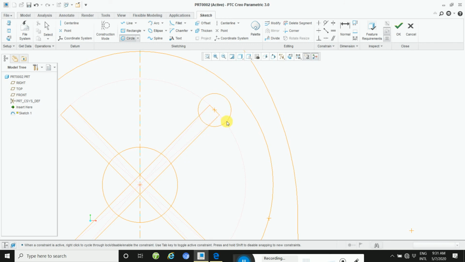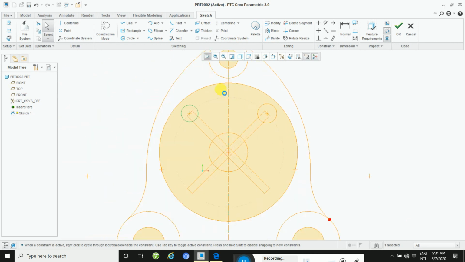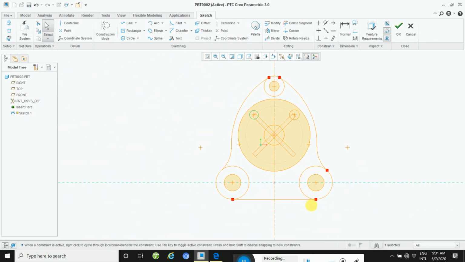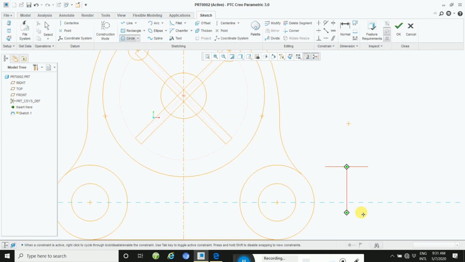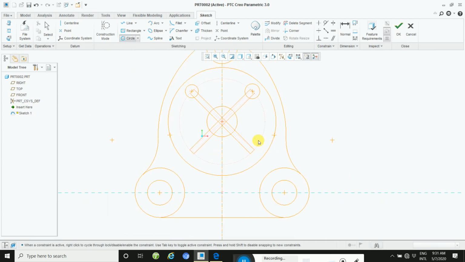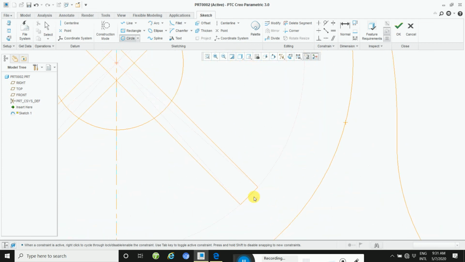Middle circle, this way. Okay, and then continuously draw here to fit, and then take one circle, one is rest. Draw here, zoom out, and then draw, take a circle.